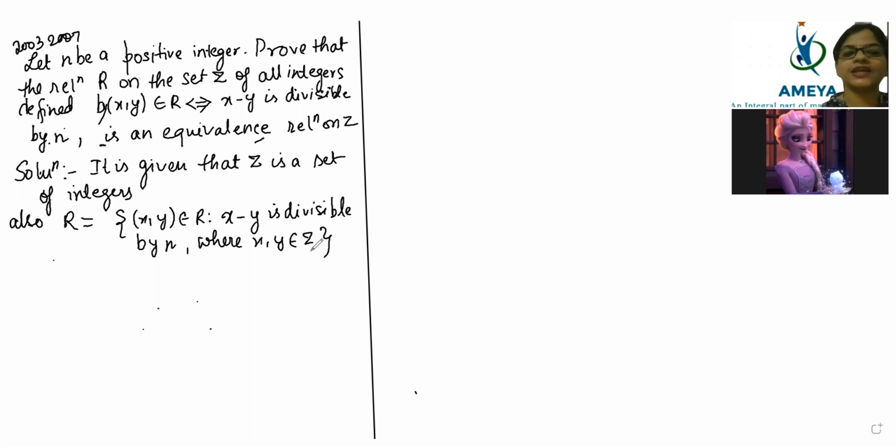I hope this writing might be helping you. One time you show this writing to your teachers. Let's see how much they appreciate you, or what they are going to say to you. Just show them, sir, I'm writing in this way. Is it a correct format? Let's see what they say. I'm that sure they will be happy with you. So definitely this much we have written. Now we will start with reflexivity.